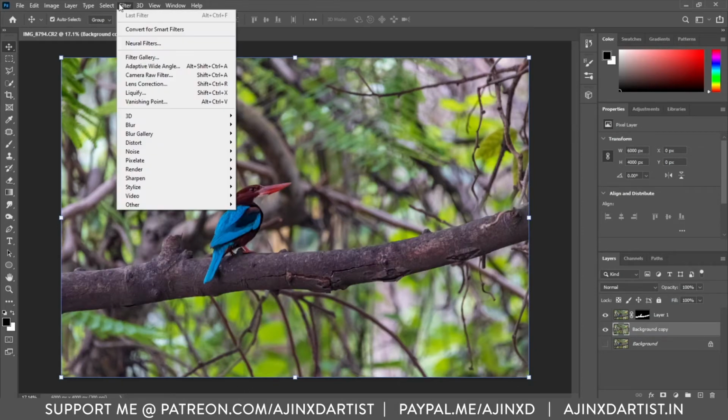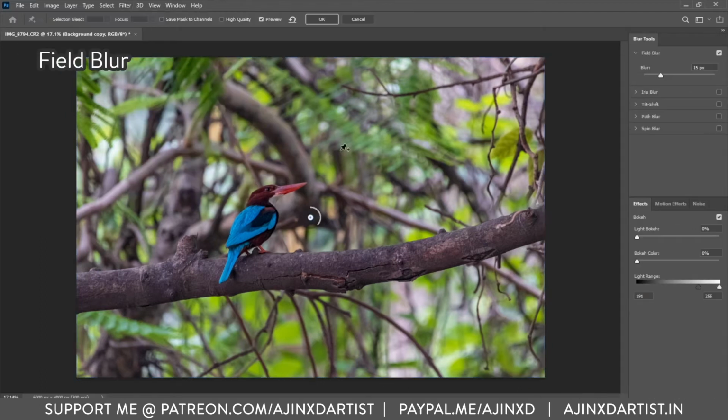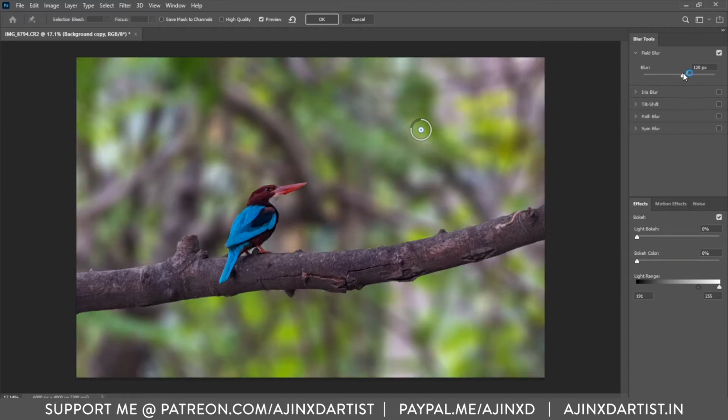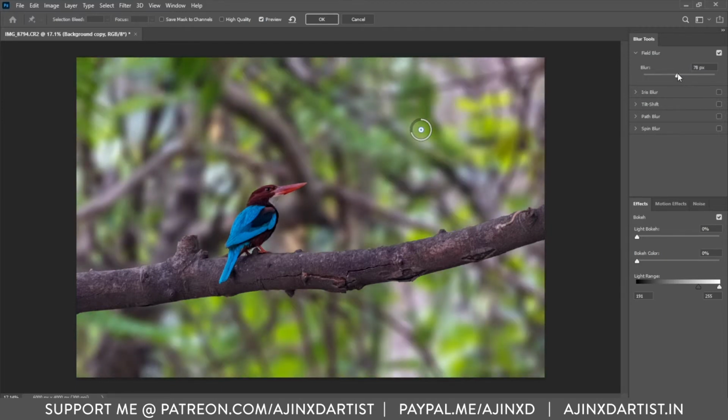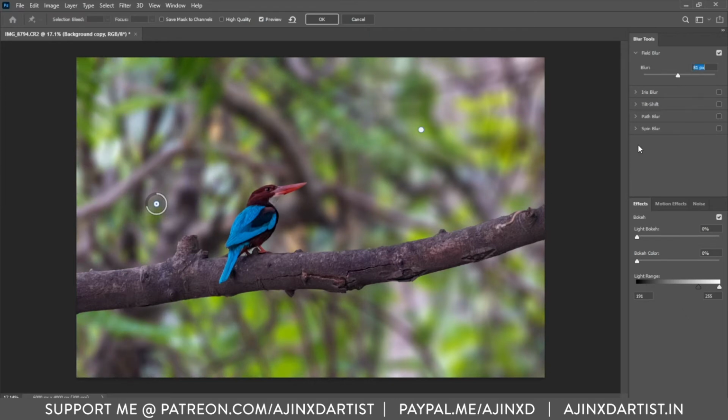Now we can go to blur gallery and select field blur. With field blur you get options to blur out more or less in certain parts of the image. So with this pin I can blur out a particular area and click again and create another pin and blur out a separate area with a different amount of blur to it.